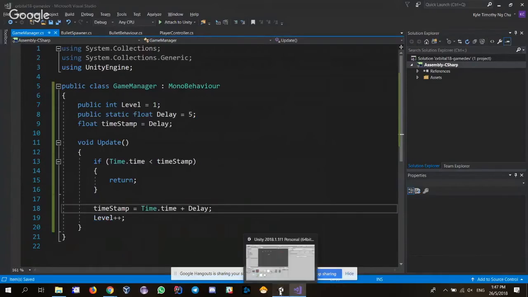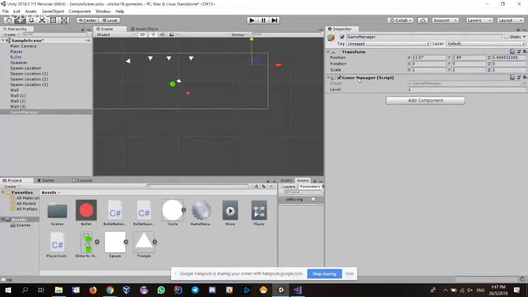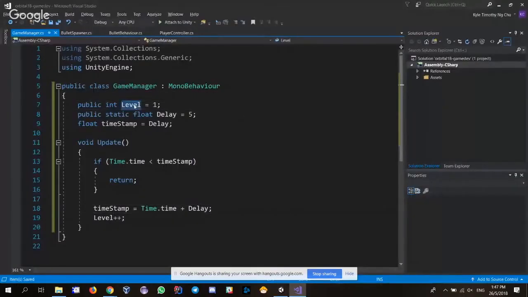So now our game manager has the levels. There's this public value, this level, that keeps increasing. So now all we need to do is to make sure that any relevant object will have their values tweaked based on the current level of the game. So how do we get